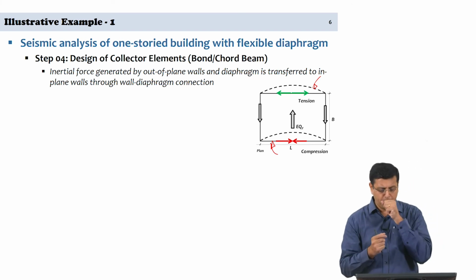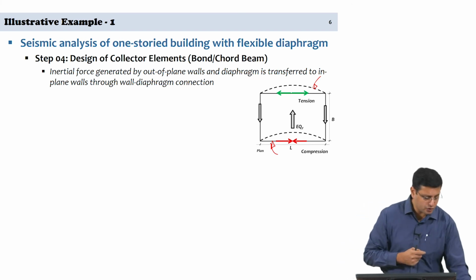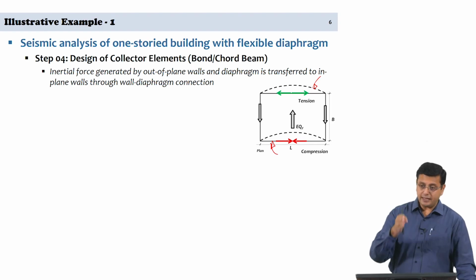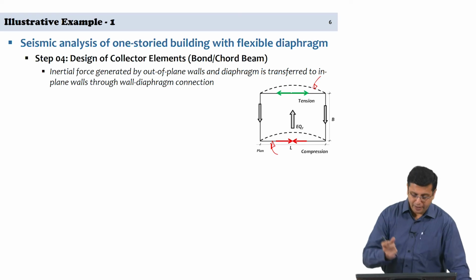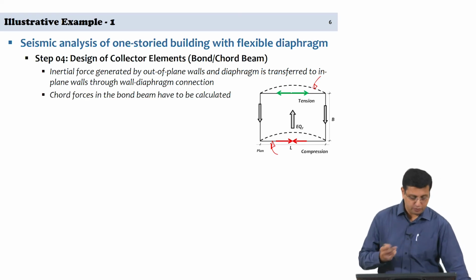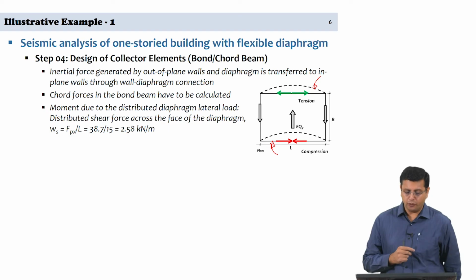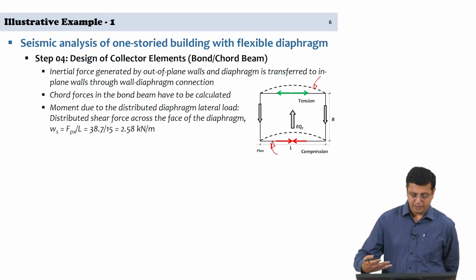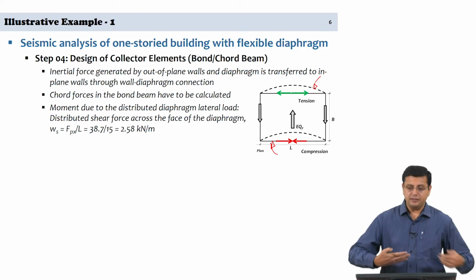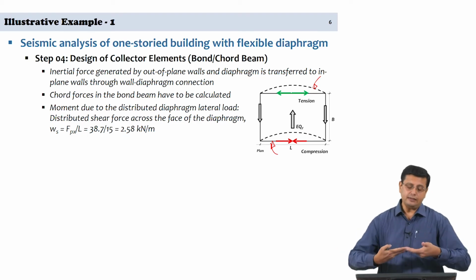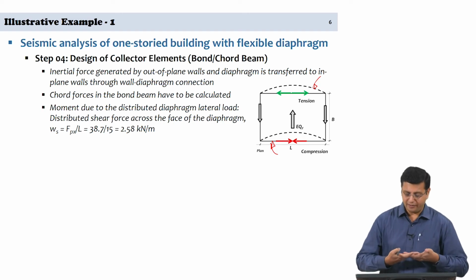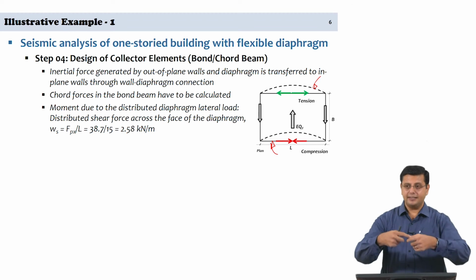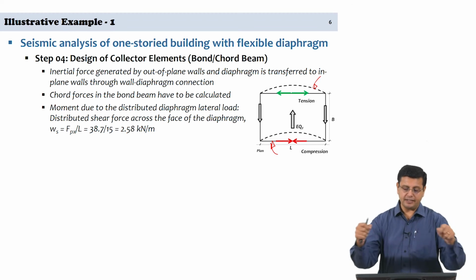So, this becomes the design force which we will use for designing the chord beam in the out of plane bending direction. So, that is what we are doing, calculating the chord forces in the bond beam. And how is that going to be done? As I said, we take the shear force that the diaphragm is designed to take, and then calculate the moment generated in the chord